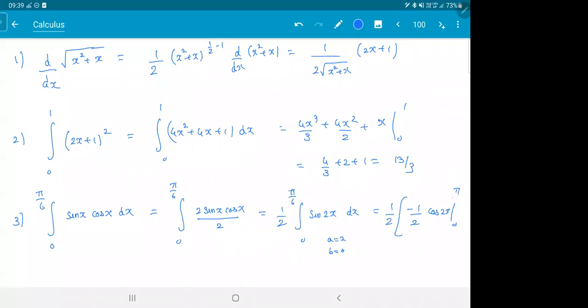First convert it into sin 2x, and then you can integrate. So this will be minus 1 by 4 cos 2x, from 0 to pi by 3, that is cos 2 pi by 3 minus cos 0. Cos 60 is half, cos 0 is 1. So half minus 1 minus half, 1 by 8. Check it out. So you need to convert sin x cos x to sin 2x first. This is what I was saying. Remember trigonometry, you have to remember those two things.